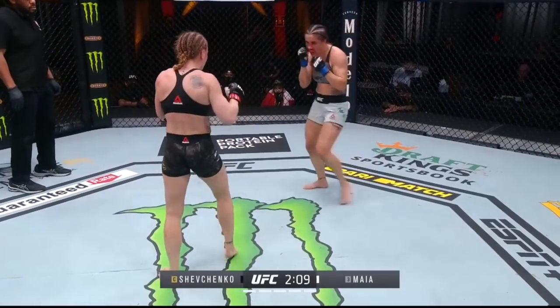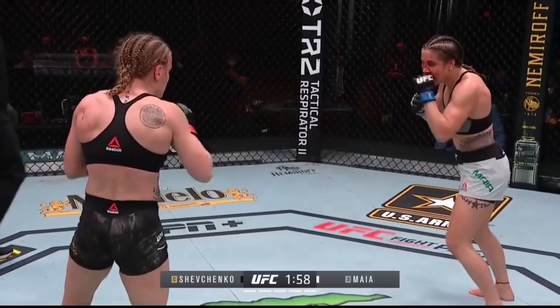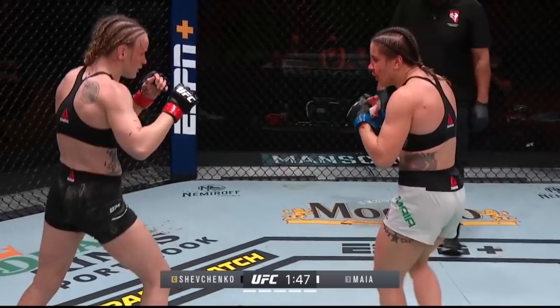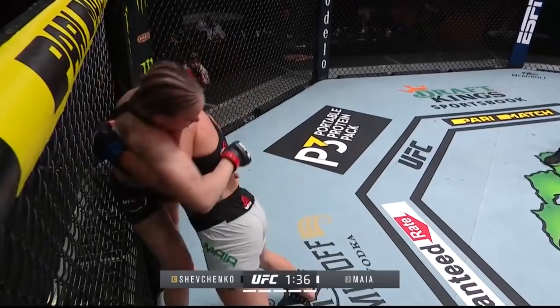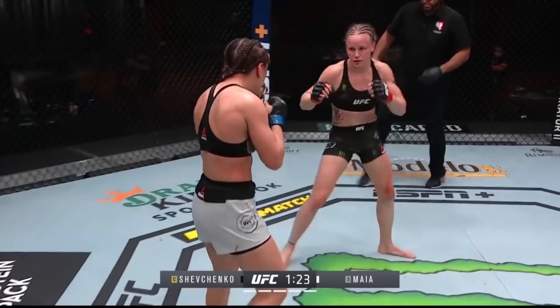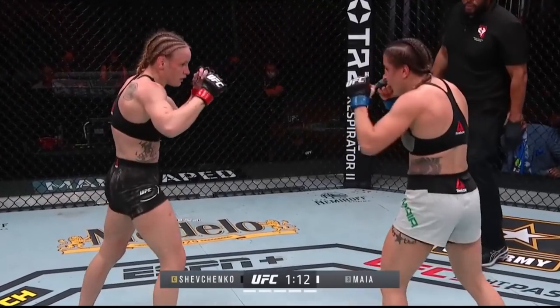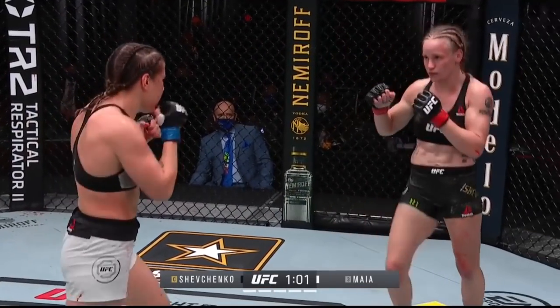Oh, man. Right over the top, right to the target. Valentina Shevchenko is so precise. When she throws the overhand left, it's because that's what she intends to throw. Back to the fence. Oh, look at that. Beautiful. So perhaps the strategy was to grapple early and let the hands kick in. She starts to wear her opponents down by just...